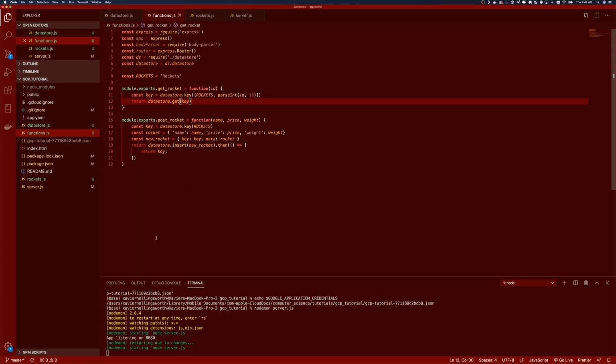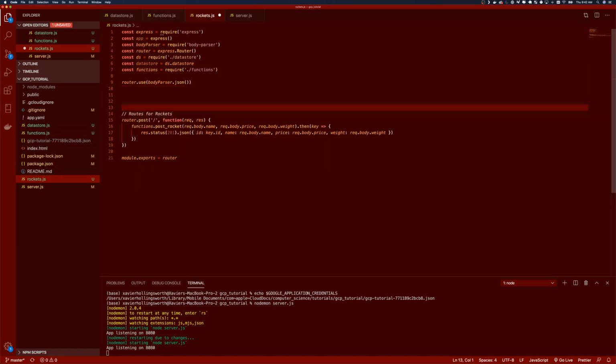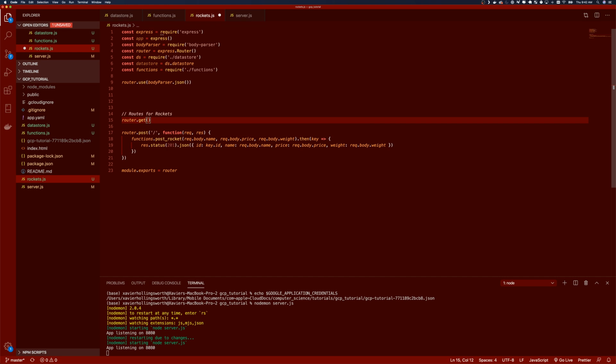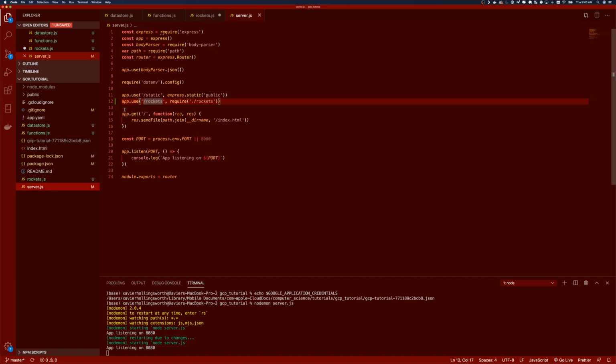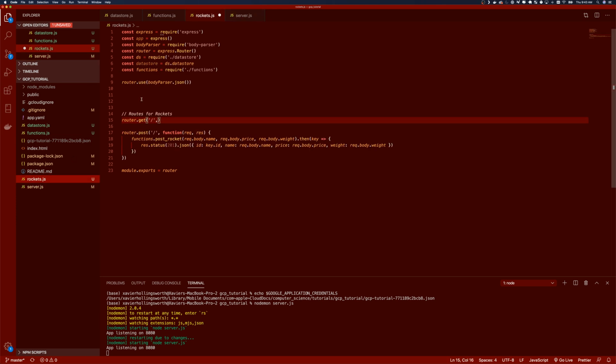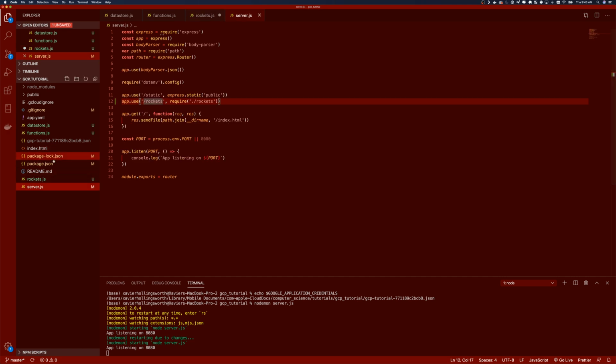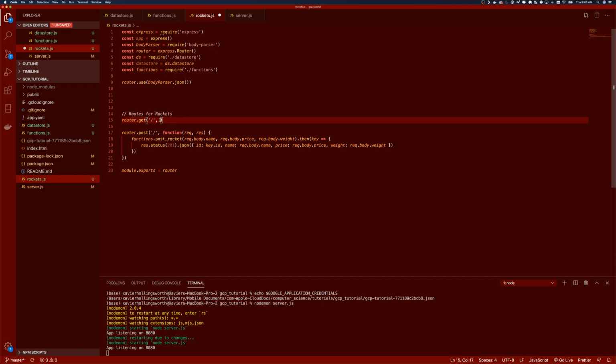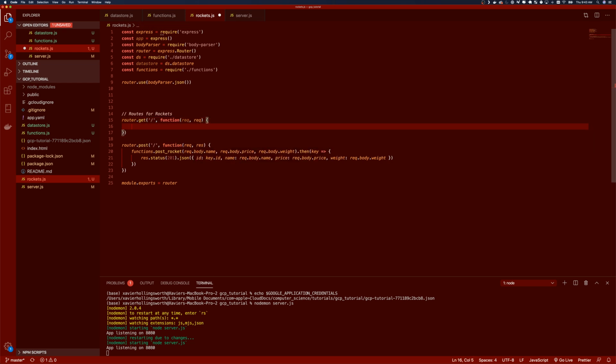So let's save that. And in rockets, we can do our get function now, or get route, sorry. So same thing. Even though this is slash, because we set it up in here, app.use/rockets, it's saying require rockets. So it's not actually slash, it's just rockets. Slash is pointed towards index.html. So that's like our home page basically. And so this one's really quick, short, I believe. So actually we have to pass the ID,